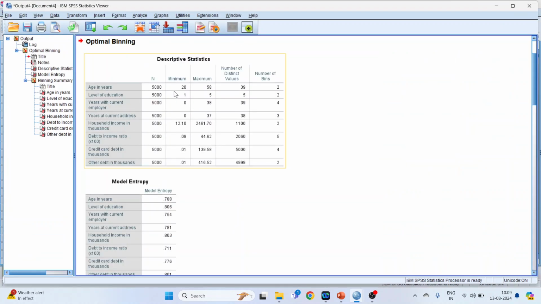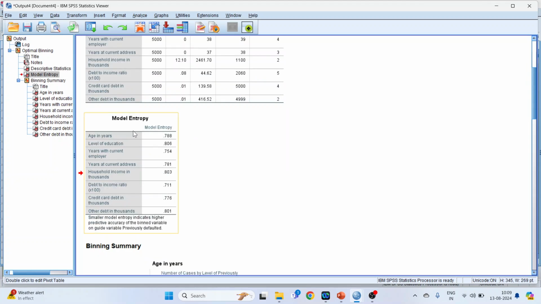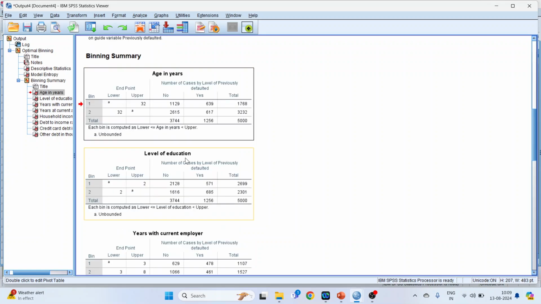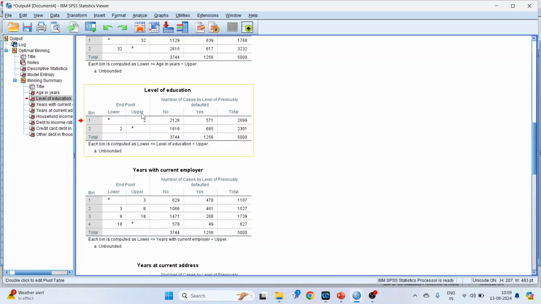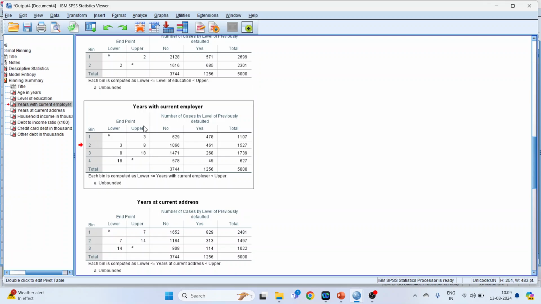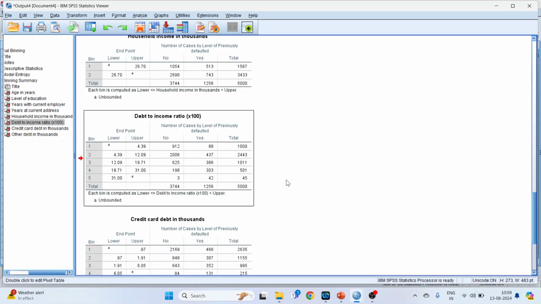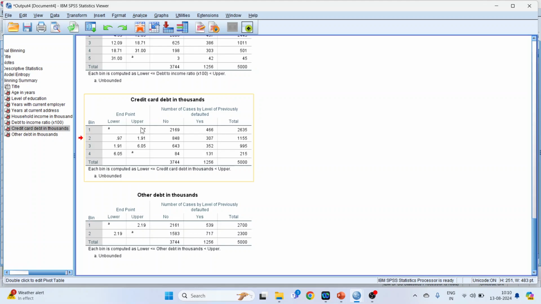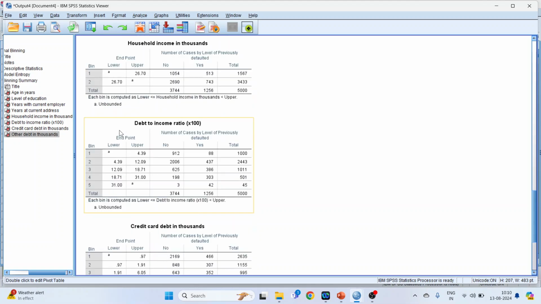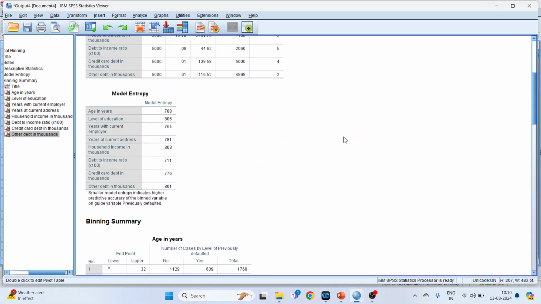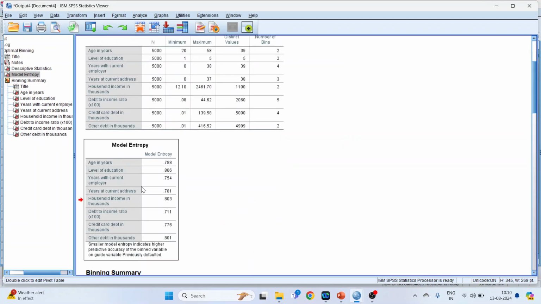Done. So we have descriptive statistics, model entropy, and binning summary, that is age in years, level of education, years with current employer, years at current address, household income in thousands, debt to income ratios, credit card debt in thousands, other debt in thousands. So you can see for each continuous variable, the bins have been created: 1, 2, 3, 4, in some cases 5 bins, and in some cases 2 bins. So we will write the interpretation from the model entropy. I'll just simply copy this, right click, copy, and